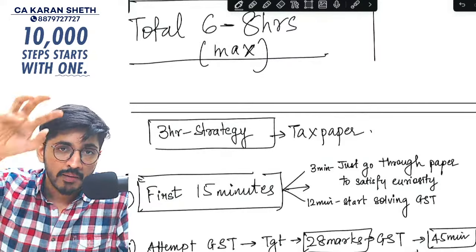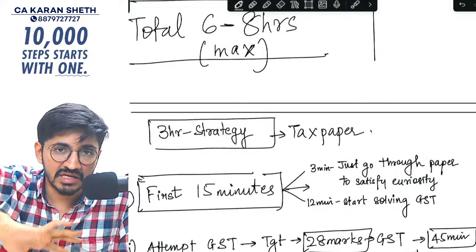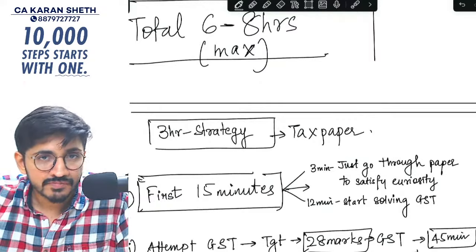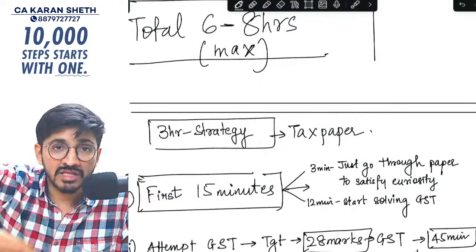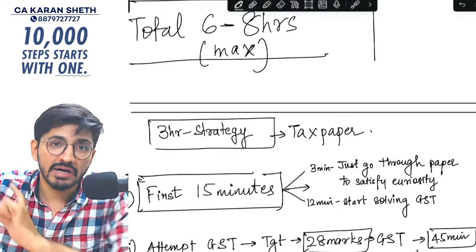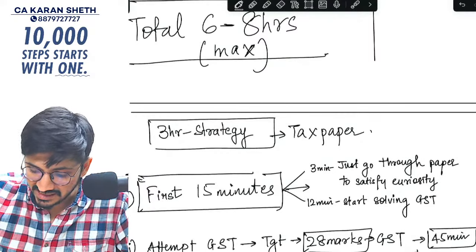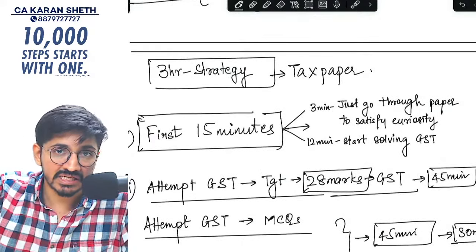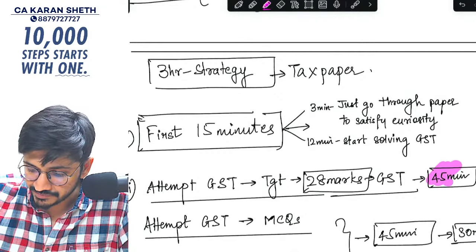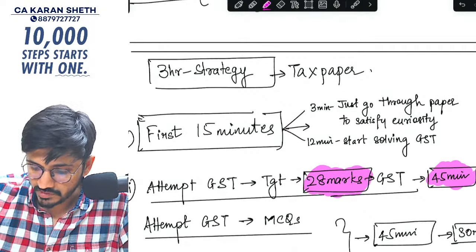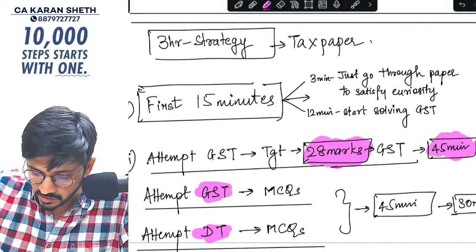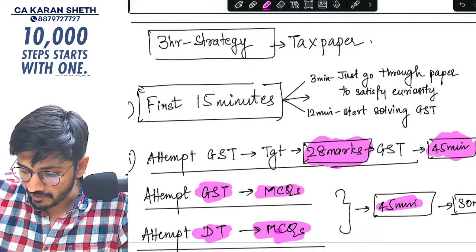There are two approaches now. पहले GST solve किया है, start the GST theory 28 marks का, and once you are done with it, hop on to MCQs. Do all the GST MCQs, then do all the DT MCQs, and then attempt DT का theory part. Now understand that the time you should allocate is that for 28 marks का GST 45 minutes is enough. You can easily wrap it up in 45 minutes. Understand that first. Second, DT and GST MCQs you also have to wrap up within 45 minutes.